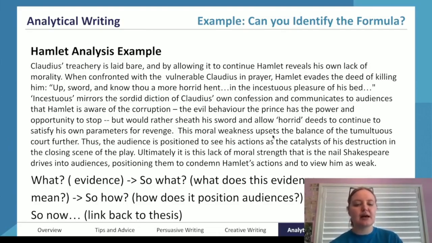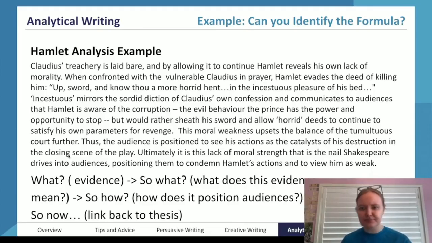This moral weakness upsets the balance of the tumultuous court further. Thus, the audience is positioned to see his actions as the catalysts of his destruction in the closing scene of the play. Ultimately, it is this lack of moral strength that is the nail Shakespeare drives into audiences, positioning them to condemn Hamlet's actions and to view him as weak.